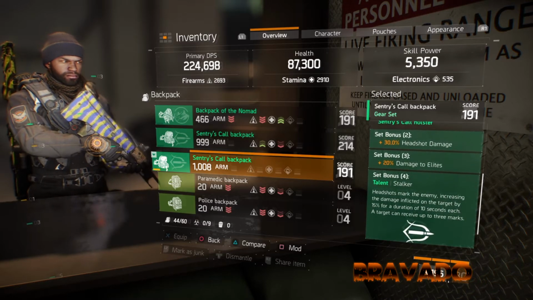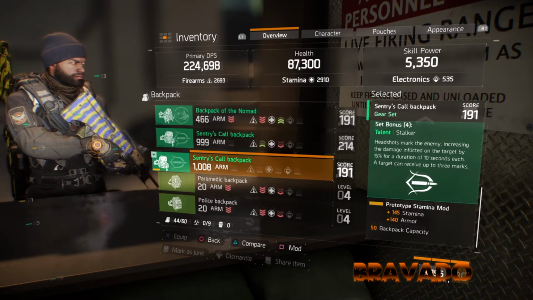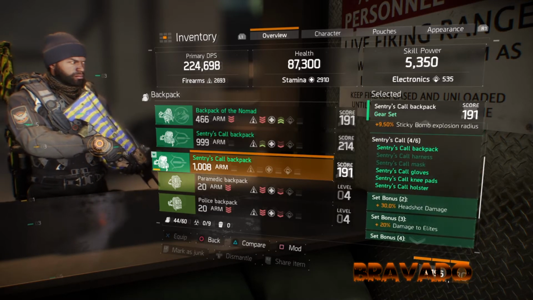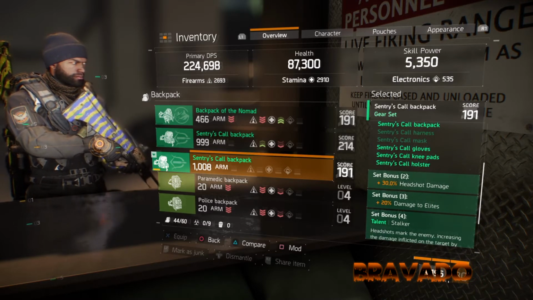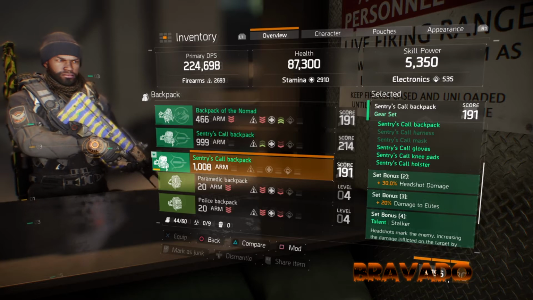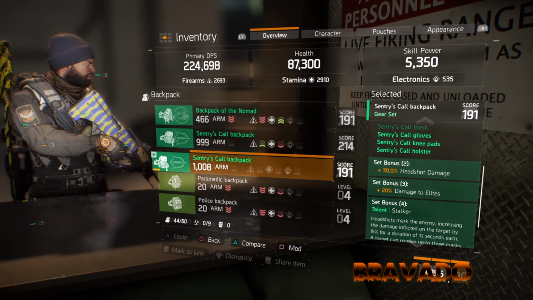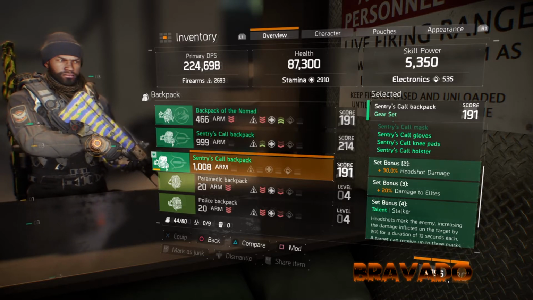And then you scroll down, I got a mod on it that gives me plus 145 and plus 140 armor. Short and sweet, if you do not know what the Sentry call is, if you get 2 of the pieces, as you can see, you get 30% headshot damage. If you get 3 of the pieces of the Sentry call, you get 20%, also with the 30% damage to